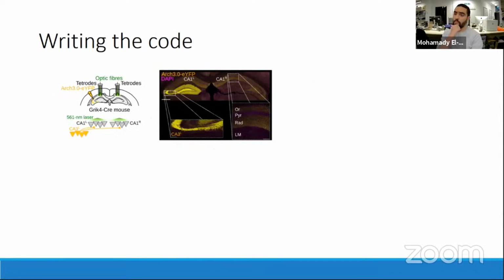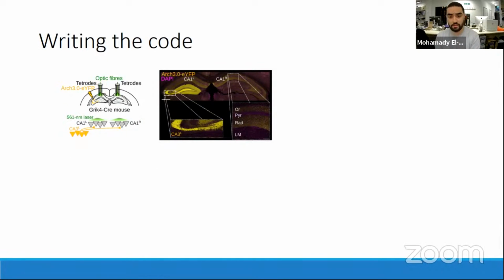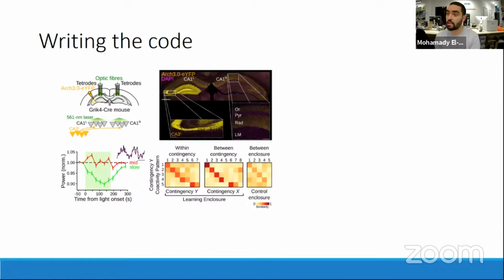And then finally, what we're interested in is to see whether these contingency discriminating coactivity patterns have any causal relationship with the actual behavioral performance of the animals. In order to do this, we silenced inputs to the CA1 coming from the left CA3, which previous work has shown are highly plastic. We reasoned that if we silence them during the learning phase, we might disrupt contingency discriminating coactivity patterns from developing. And that is, long story short, exactly what we see,